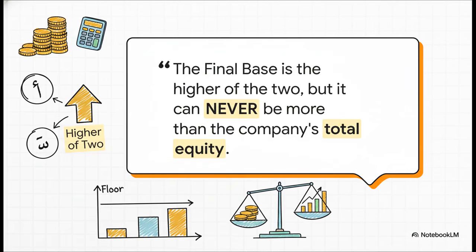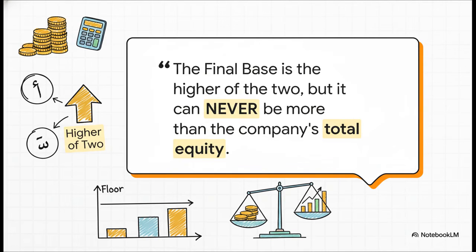Think of it this way. The adjusted net profit, that first calculation, that acts as the floor. The zakat base can't possibly be lower than that. But the company's total equity? That acts as the ceiling. It can absolutely not be higher. It's a really important safeguard to make sure the base is fair, but never exceeds the total funds that actually